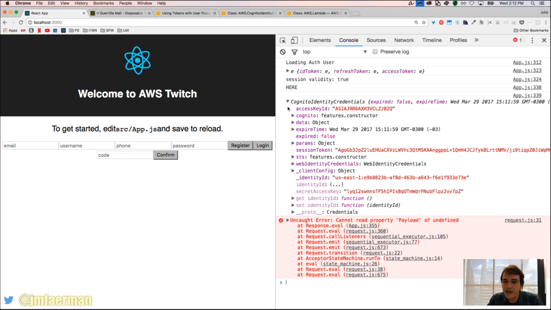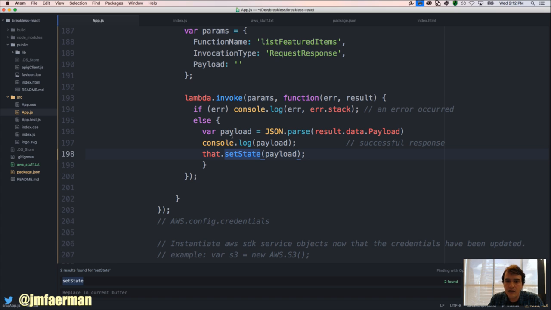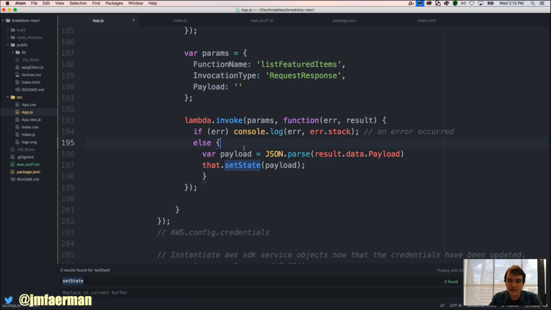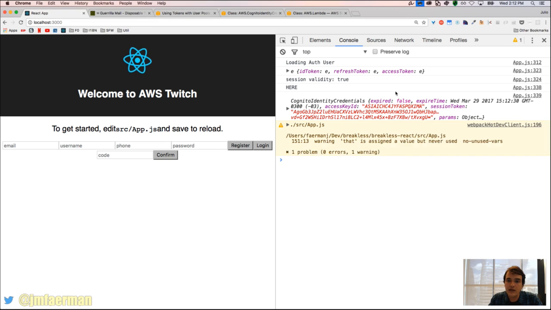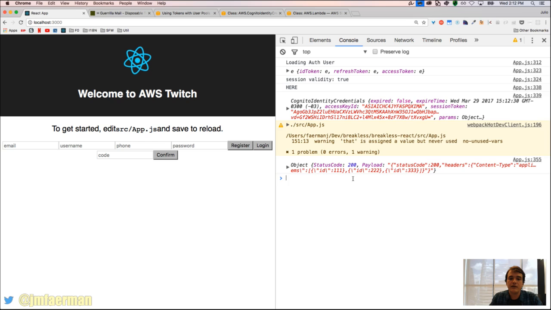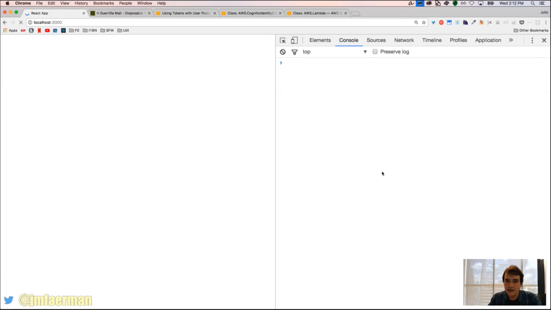Result is this object. Oops, not this one. Too many printing. Let's go back a little bit and just print the data object and see if I'm going too fast here. I'm going to just print the payload, print the result, and let's do this step by step. So I have an object with a field payload, and the payload is just result.payload, and now it should be working good, and we can set state just to the payload,